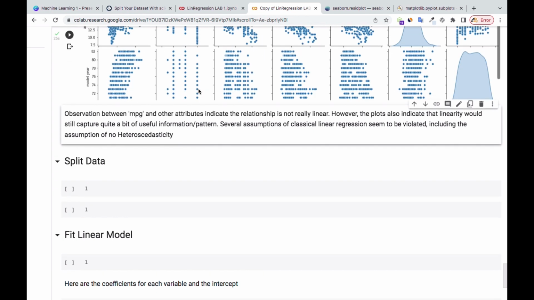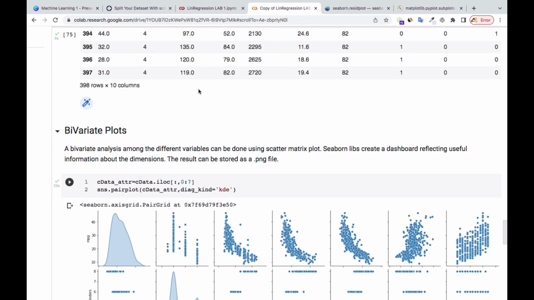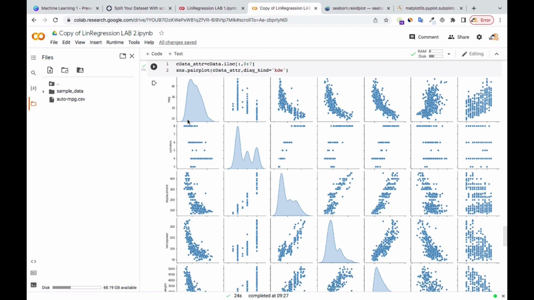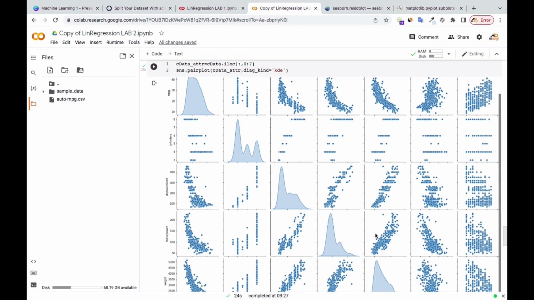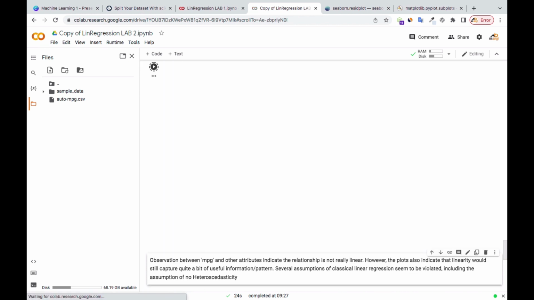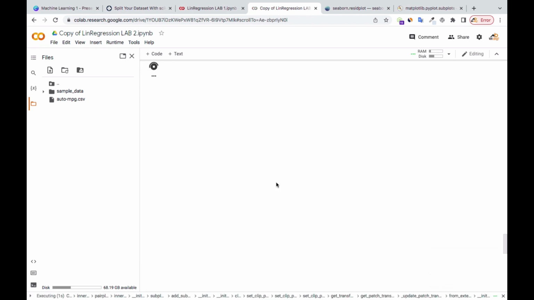Okay, great. Now you can see what we have over here. Let me minimize it a bit. Now you can see the diagonals, these kinds of smooth curves over there. If you don't want it, you can just leave it to the default. The default is going to come in the form of a histogram. So if I run it again,